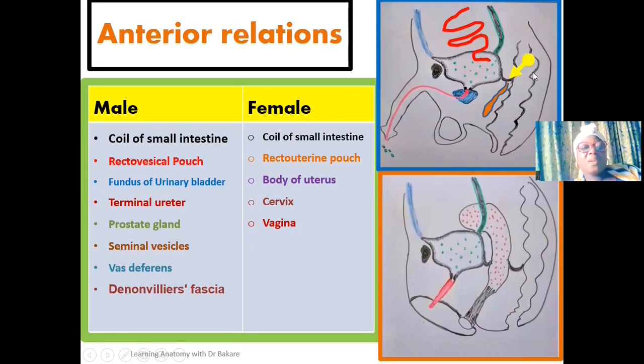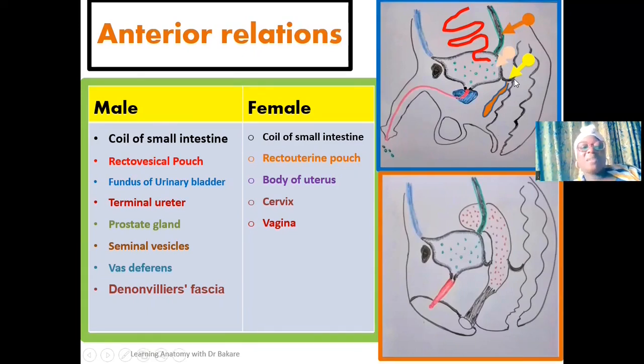urinary bladder in male. Then we have the fundus or the base of the urinary bladder. We already know that the urinary bladder is located anterior to the rectum in male. So we have the base or the fundus of the urinary bladder. Then we have the terminal region of the ureter. This is the ureter. So the terminal part where it enters into the urinary bladder is also seen as anterior